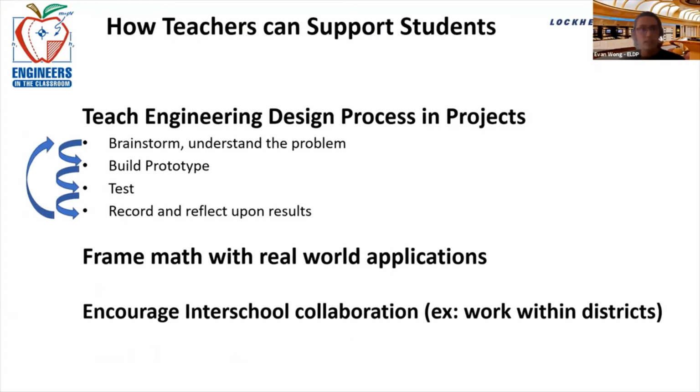So the other thing that I was asked to talk about was how teachers like yourselves can support students. The first thing that I do when I go into schools and do STEM events is I try to frame the STEM events and projects with this engineering design process, which is essentially, the first thing is understand the problem, really break it down,